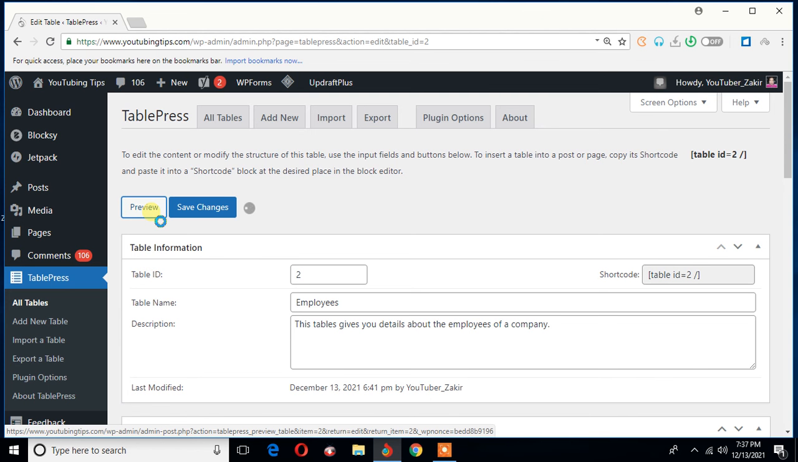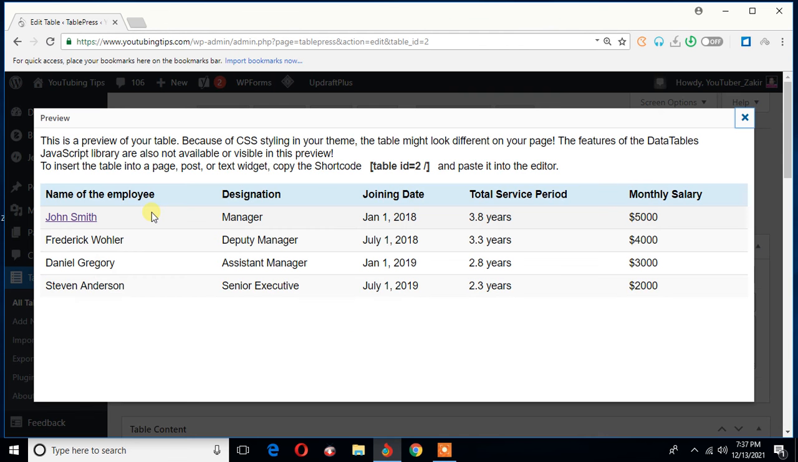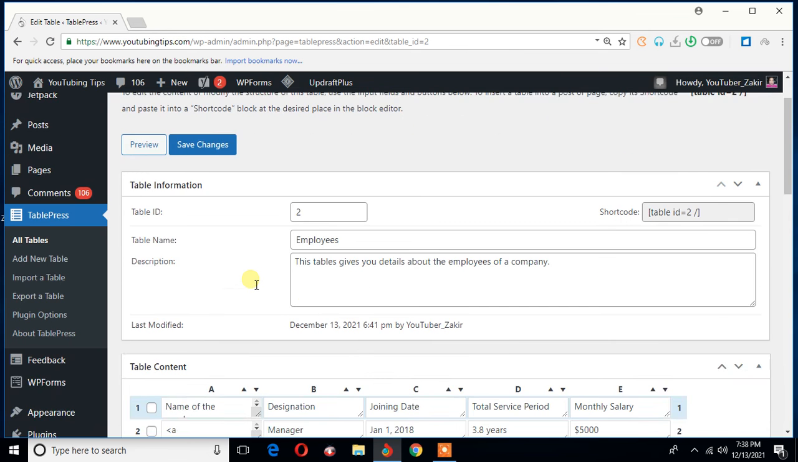One moment, please, before you can preview the table. Okay, so a lot of text here everywhere. This is the actual table. This is the table shortcode. But where is the table name? The table name, which is employees, is nowhere to be seen. Nowhere at all. That's why we need to enable that option,